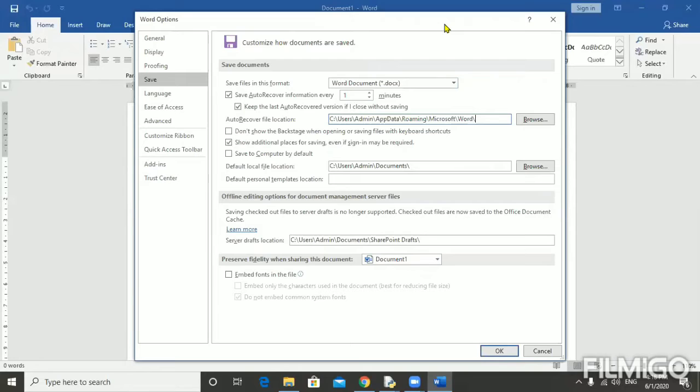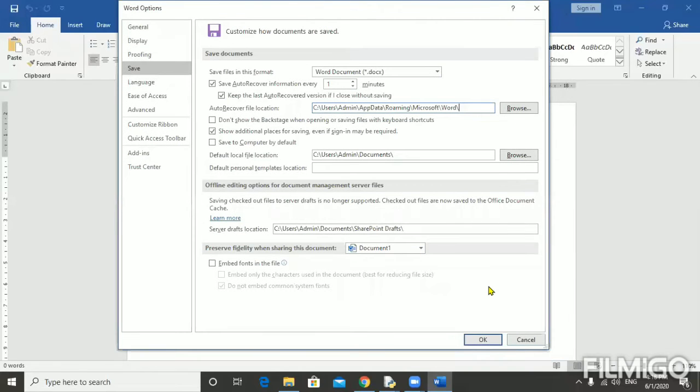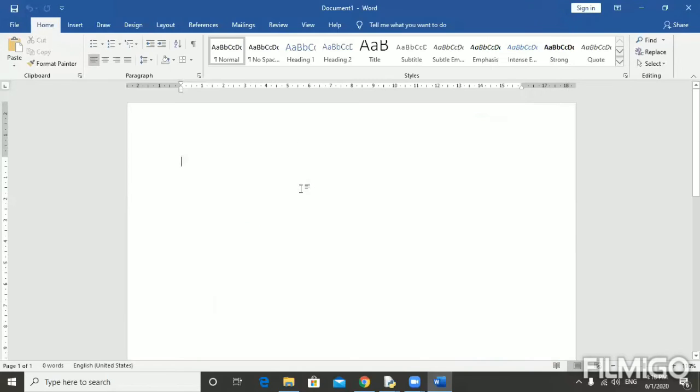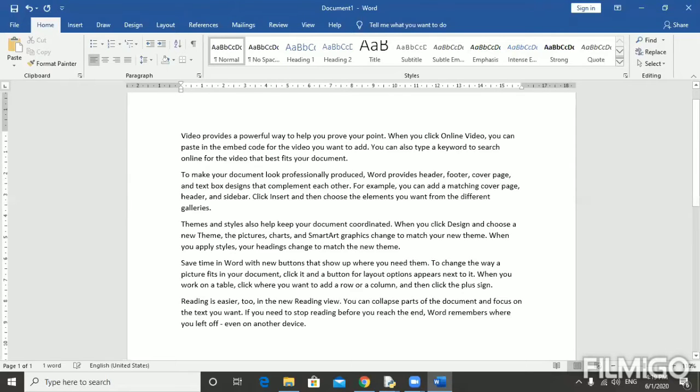So I'll just change it to 1 minute, and let's take a small example so that you can see how it works. So I have taken one document, I have changed the timing to 1 minute, so I don't need to wait for 10 minutes, so that my file will be saved and then we'll find it in that folder. So I write something randomly here. Suppose I am writing 5 paragraphs and I was working on this file and the name of this file is Document1, and suddenly